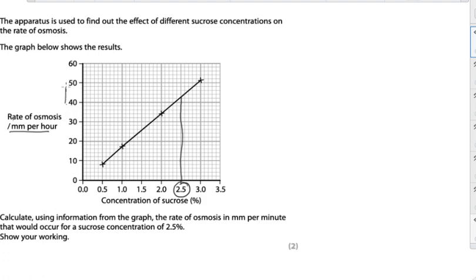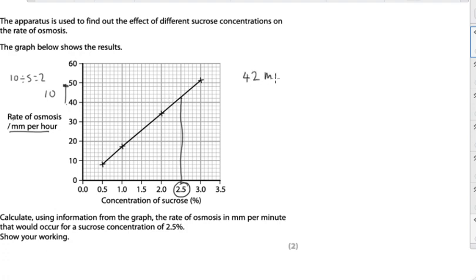So between here and here we've got 10. Now how many little squares do we have? We've got 1, 2, 3, 4, 5. So we need to know what one little square is. So we're going to do 10 divided by 5, and that gives us 2. So this comes up to the first little square, so that's going to be